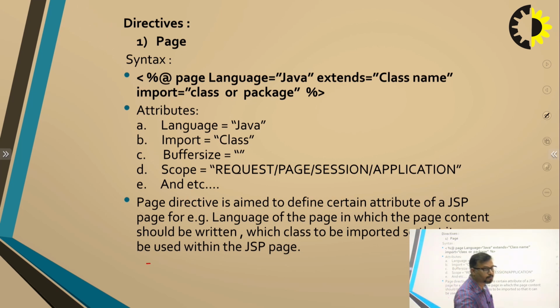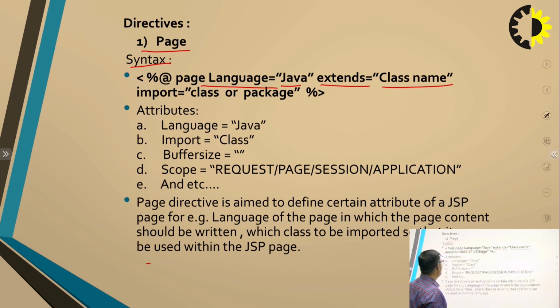Okay. So, this is the syntax of the directives. First is the page directive: <%@ page language is Java, extends, where we write the class name, and import the class or package here, then the syntax is closed. Okay. Here are the following types of attributes: